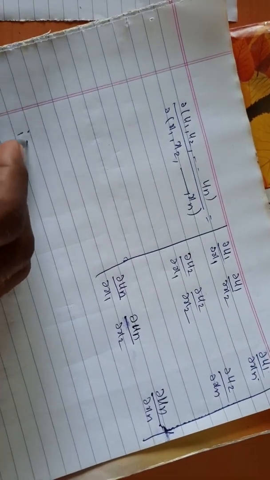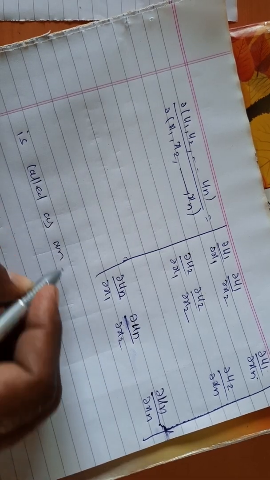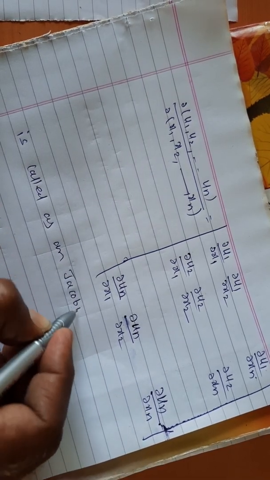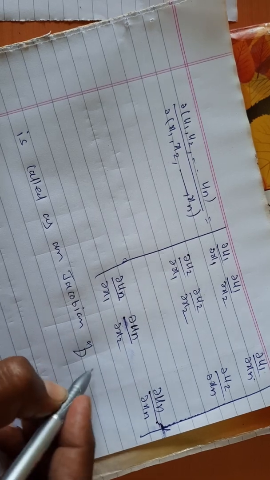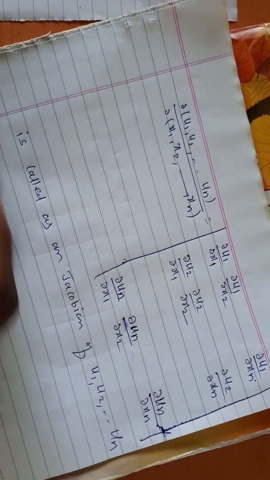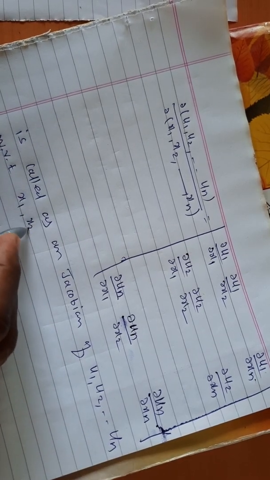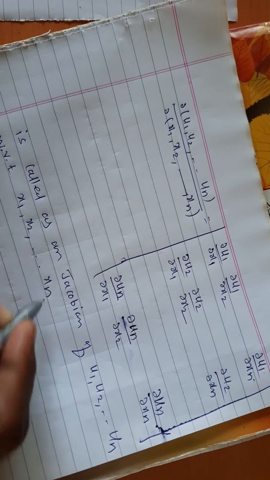This is called the Jacobian of u1, u2, un with respect to x1, x2 and xn,